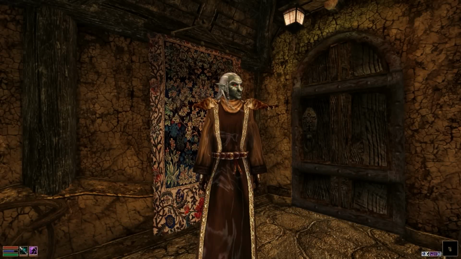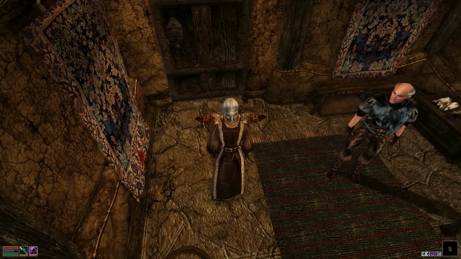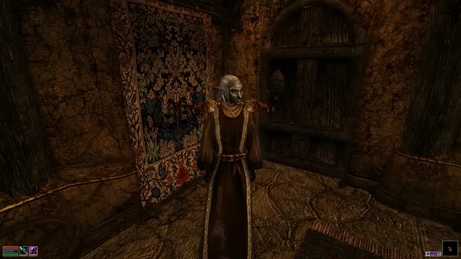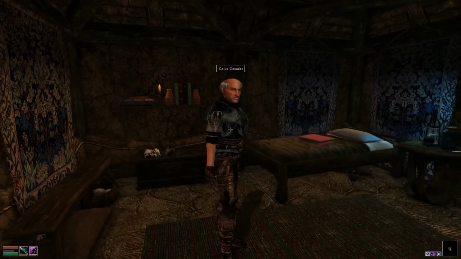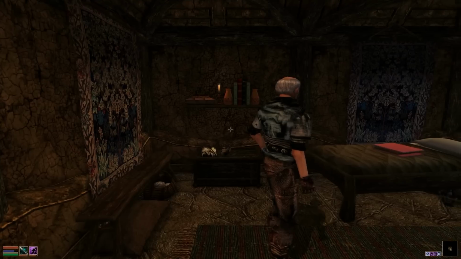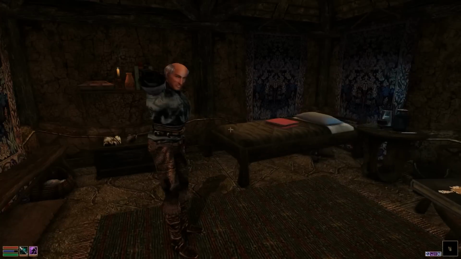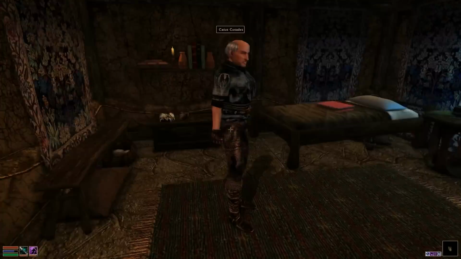Ladies and gentlemen, welcome back to another episode of Let's Play Morrowind, where we are in Caius' house, of course, as you can see. Everything's a bit brighter than normal because I've just remembered I'm wearing the Amulet of Star Vision. That's a bit better. So it's awfully bright in here for a room lit only by a lantern and, you know, some candles. But yeah, anyway, so